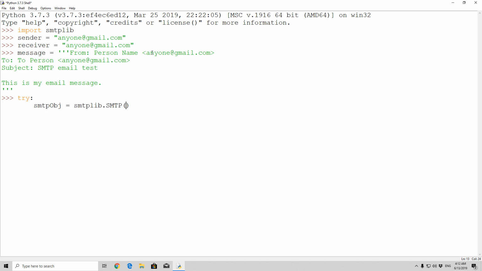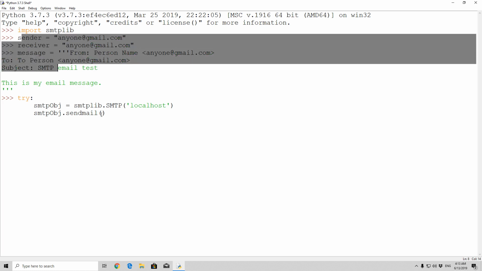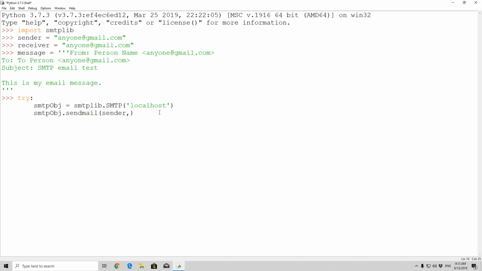smtplib.SMTP. In between the brackets, we'll specify localhost as our actual sender, because we are simply sending over our own PC. Press enter, and then we need to use the sendMail function and specify our desired 3 arguments in order to send the email. So let us do that. SMTP object, we are going to call the sendMail function. And in between the brackets right here, we specify our 3 variables, which are the sender, receiver,